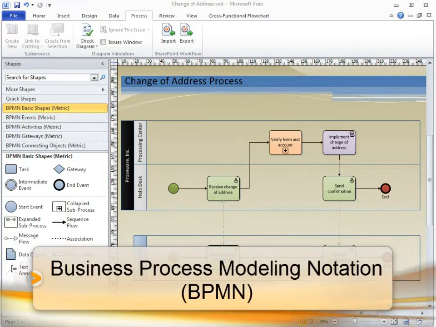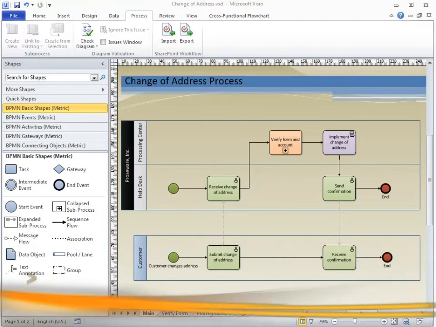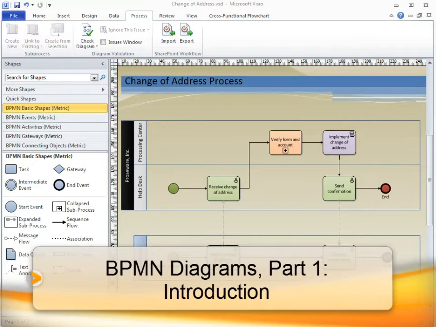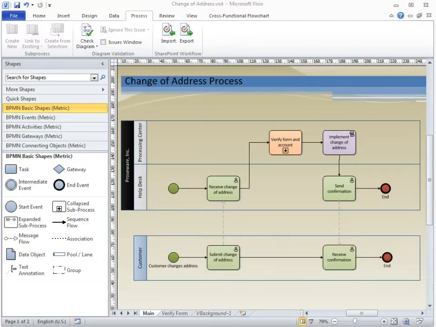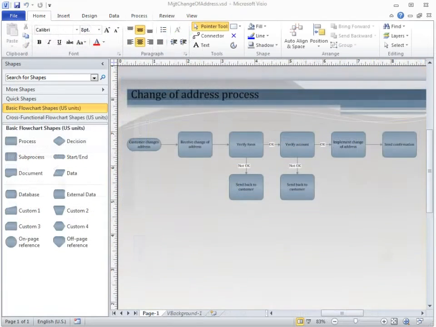Business Process Modeling Notation, or BPMN, is a standard notation system for describing business processes. It was designed to solve communication problems that arise when different parts of a company use different types of notation, but they need to work together. For example, a management team might design a process and hand it off to the IT department to implement, but IT needs more specific information than is captured in the management notation.